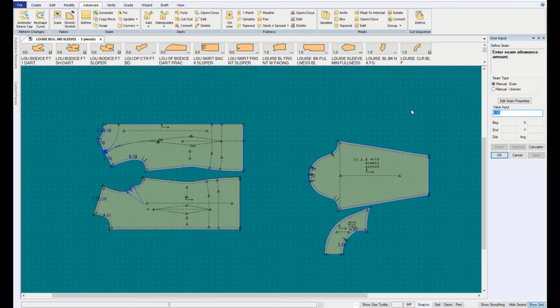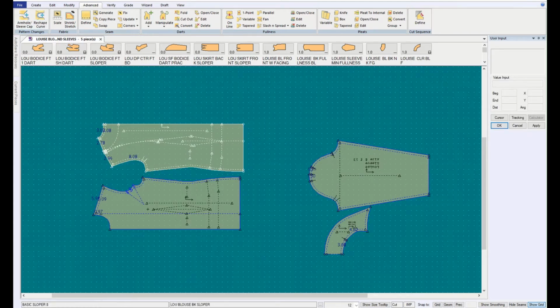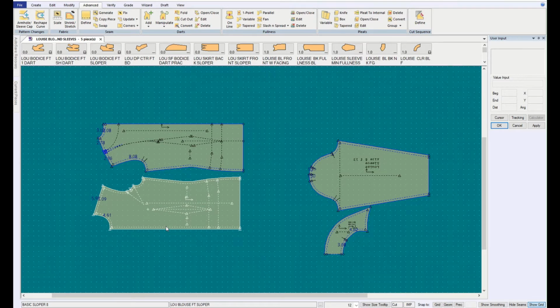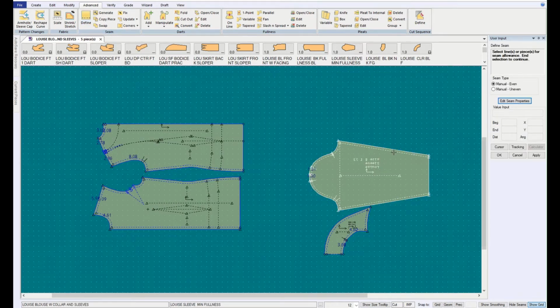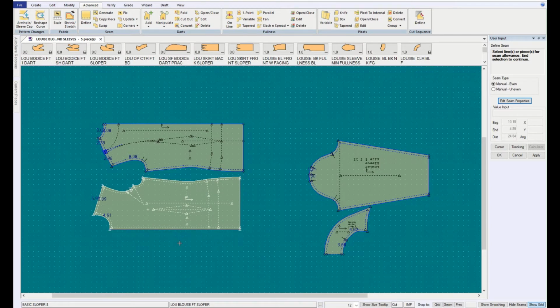If I wanted a folded facing that was self-faced, I could change that to 3 inches. But because it was on the inside, that didn't work. So let's try that again. Define, select the line,